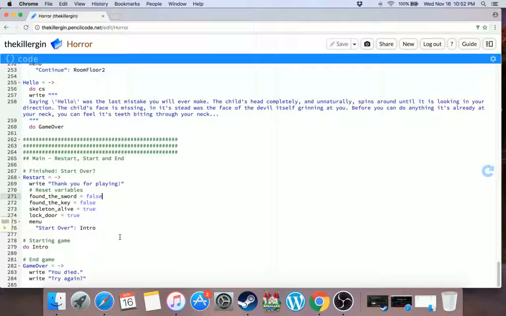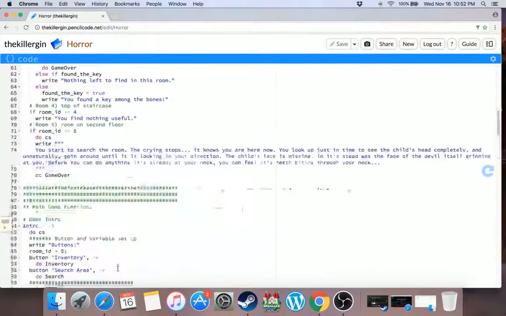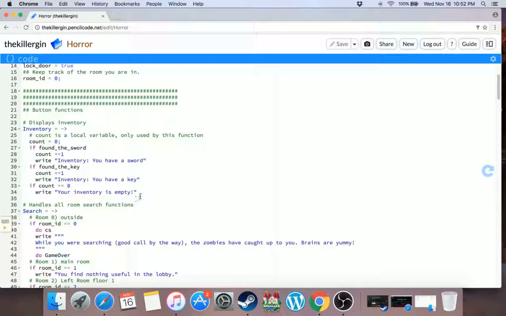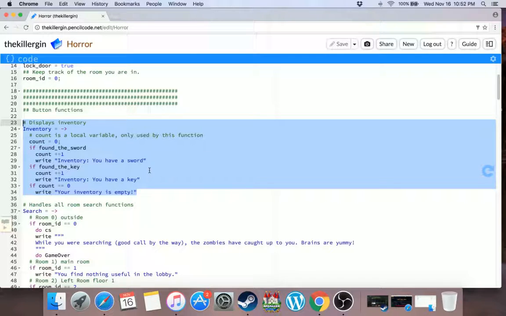I guess the only thing I'll go over, I mean, you can pause this here and copy the code. The only real thing to go over that's maybe a little difficult to understand is, well, it's not difficult, but you guys, it's all new to you, so it is a little difficult. I know it's hard to initially wrap your head around it, but it's not so bad. It's just practice, really. And of course, view the video, try it out, and write down your questions so you don't forget them. And so when you see me in class, you can ask, and I can answer your questions, and we can learn and we can progress. Anyways,